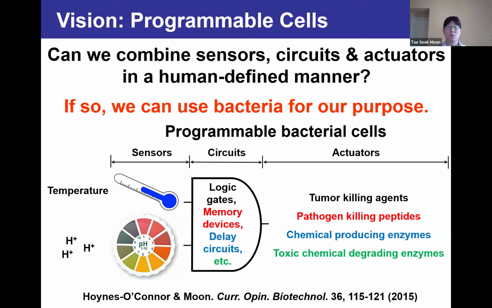And if you somehow develop a sensor that detects both oxygen level, in this case low oxygen, and high lactate level, you can build an AND gate, and then we can combine these two things together, and only when the oxygen level is low, and of course the lactate level is high, your bacteria start to produce toxin. In that way, your bacteria only kill tumor cells, not